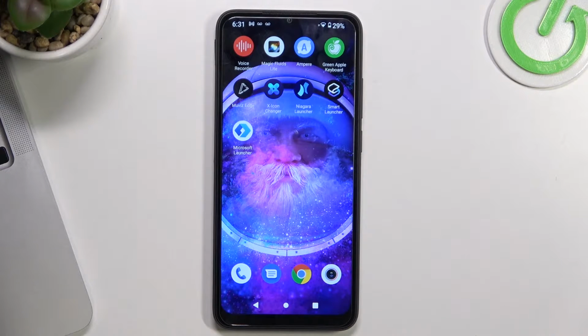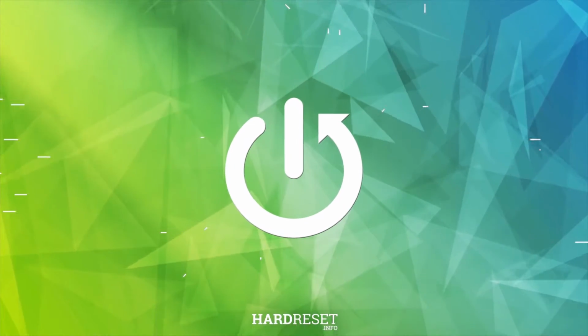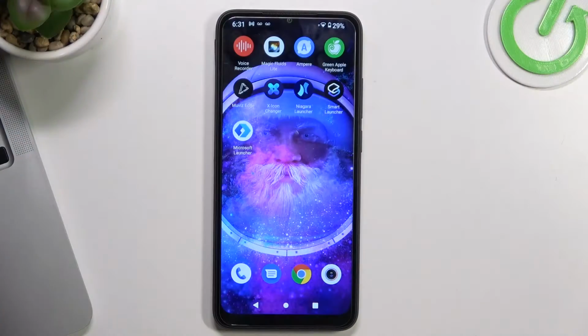In front of me Xiaomi Redmi A1, and now I'm gonna show you how to record calls on this device. To begin with, we need to clarify a few nuances. First, you need to understand that in order to record calls, you need to have access to the root of the file system. By default, only